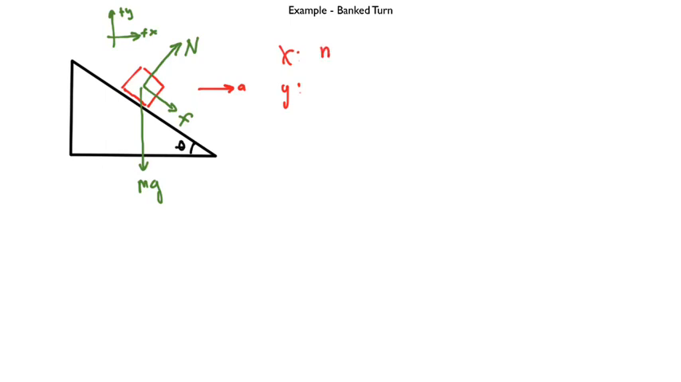So, we're going to have ma in the x direction, but we're going to have 0 equals in the y. Again, that sort of simplifies our math. But here we have to go and figure out the components of F and N. So let's do,